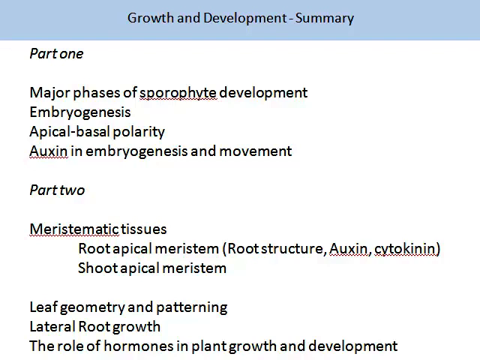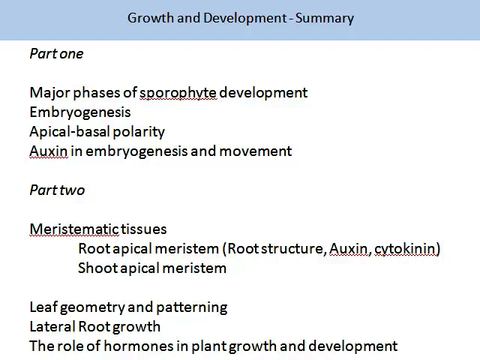And this brings us to an end on our lecture on plant growth and development. Hopefully, after watching both part 1 and part 2, you will have an understanding of the major phases of sporophyte development. You will understand the major phases of embryogenesis and the role of apical-basal polarity, and understand how auxin influences embryogenesis and movement. In part 2 we examined 2 meristematic tissues in detail, the root apical meristem, where we